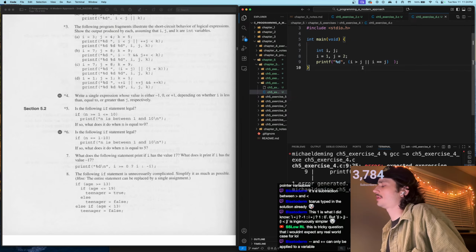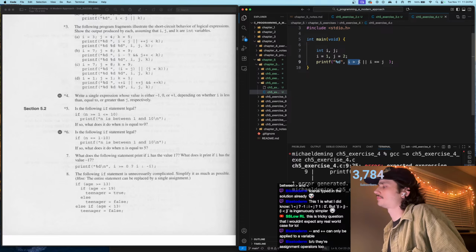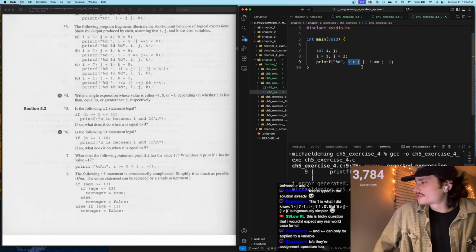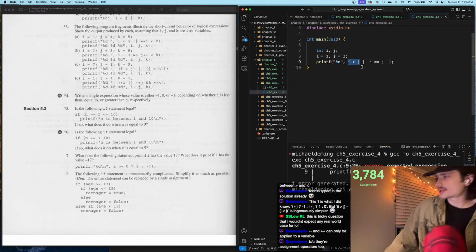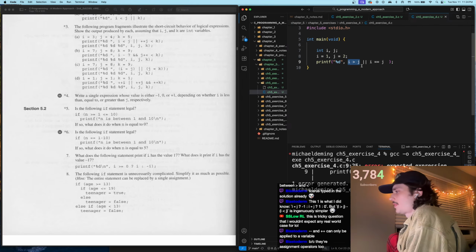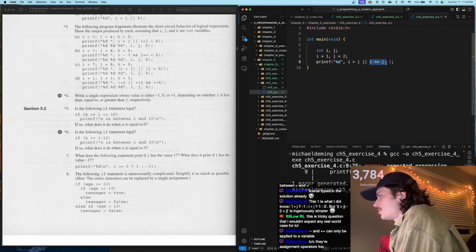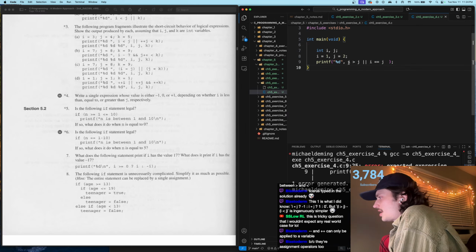No, because that wouldn't work either. So here, this would give us, in this case, 0, right? And then in this case, this is also 0, meaning that this entire statement is 0. Now, because it's still 0, the thing is